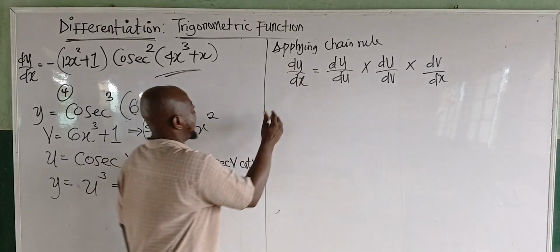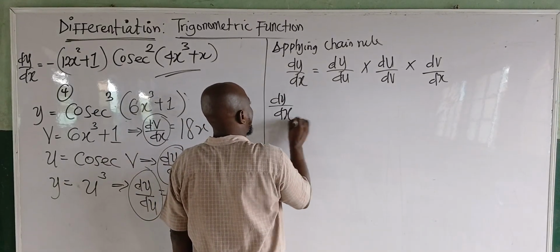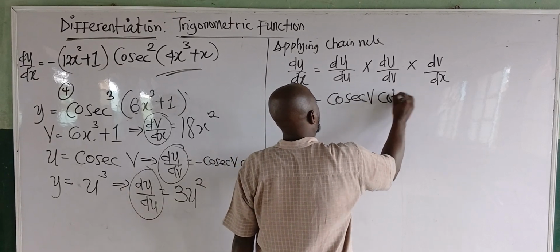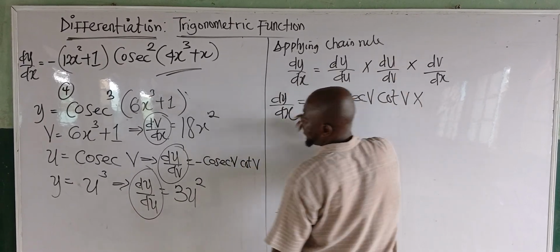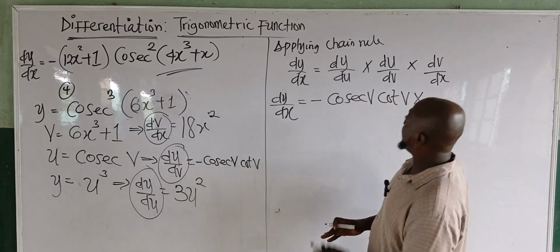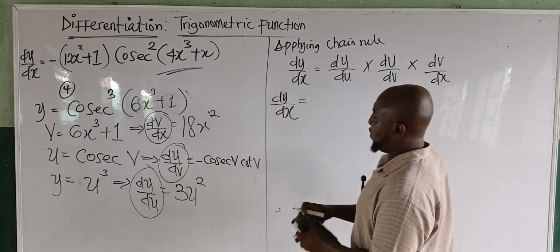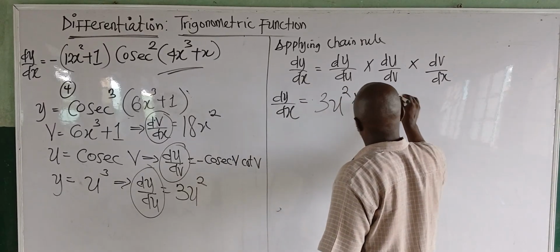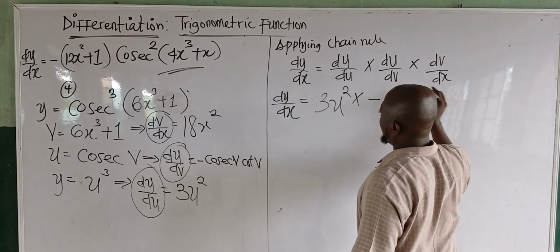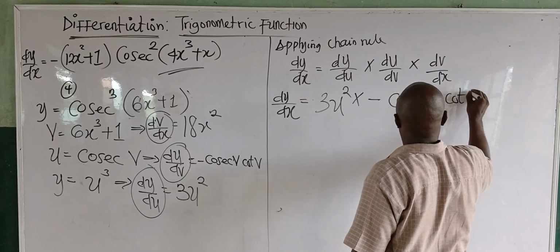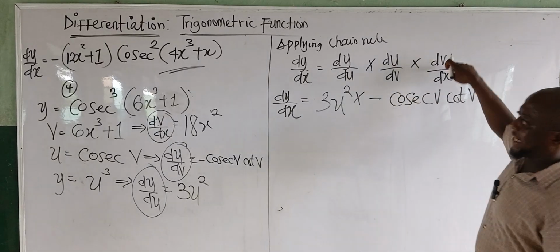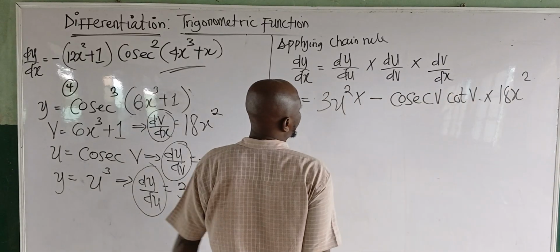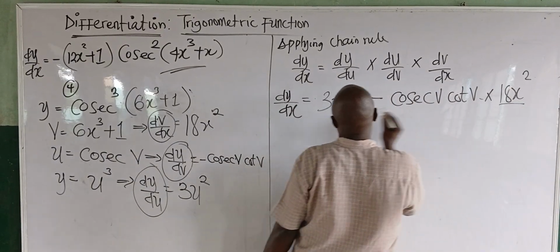Pick this value first. So we say that our dy over dx here will give us minus cosec v times du dv. First value dy du is 3u square, times this one now, cot v will give you du dv, that's minus cosec v cot v, times my dv dx. My dv dx now is 18x squared here. So what do I know going forward now? I can multiply this and this. But first,